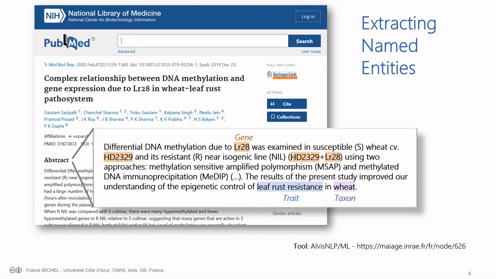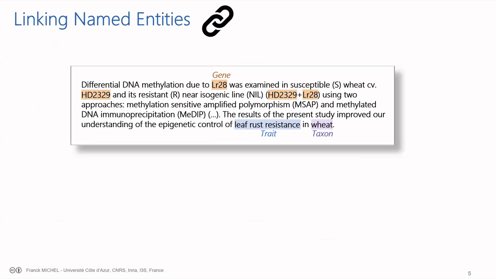We also need to link these mentions with reference vocabularies so that we have a unique way of naming things. So in this example, the tool has identified the mentions of two genes, a trait, and a taxon. And it will also link the trait to the WHEAT trait and phenotype ontology, WTO, and it will link the